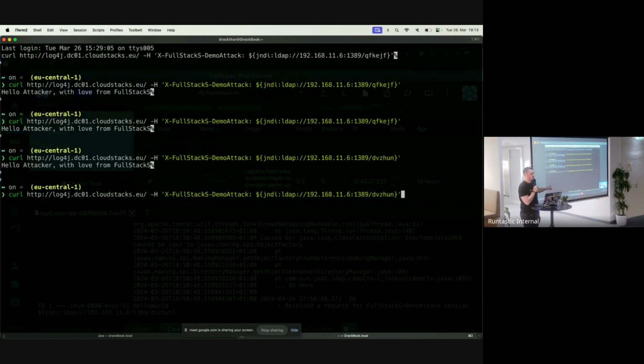Good. Can you see it? Thumbs up. Nice. Okay, that's actually a curl to the log4j ingress on my cluster, and I'm just adding this malicious header I mentioned before, and there we have this JNDI lookup. So what log4j does is it sees that there is a header coming in. The application is actually configured to log the headers, and since it sees this lookup,